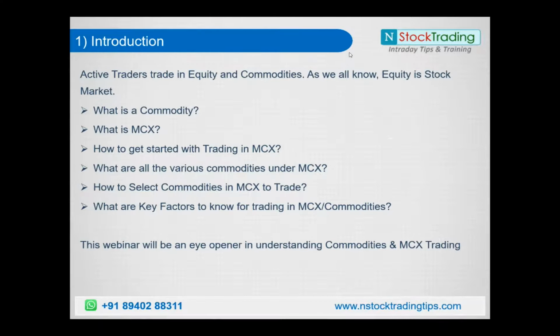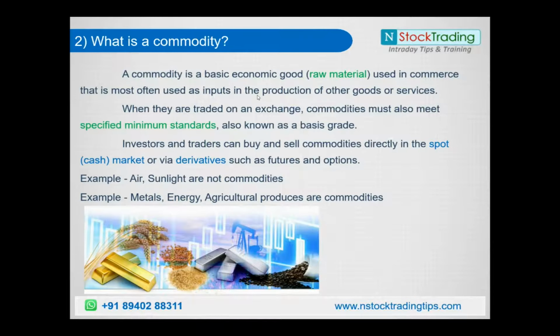So what is a commodity? Well, a commodity is basically a good. It is a raw material which has some economic value, and it is used as input for the production of other goods and services. Let me say it again. A commodity is basically a goods item, and it has some economic value, and it's a raw material which is used as input in the production of other goods and services. This is what we call a commodity. Fine.